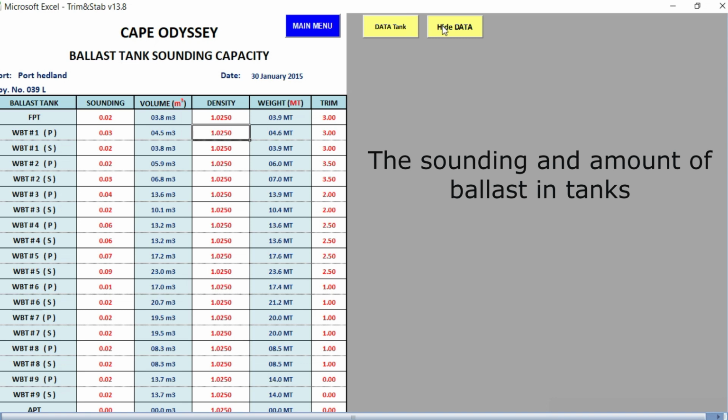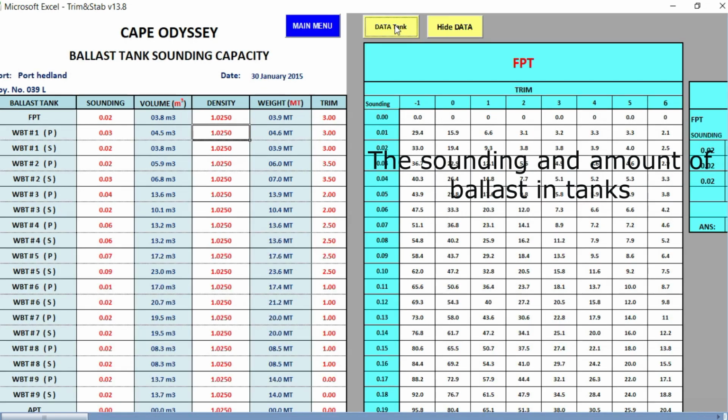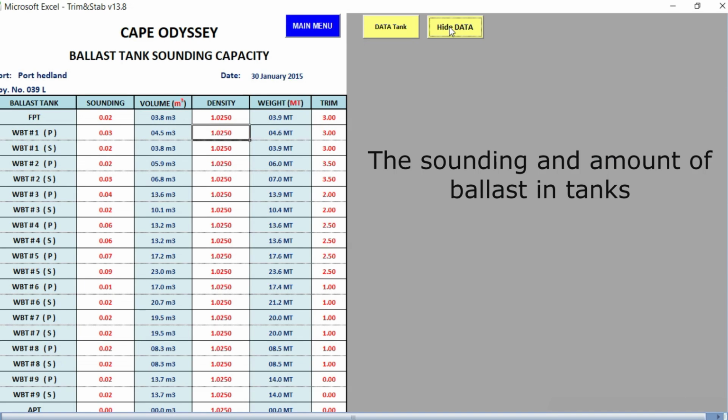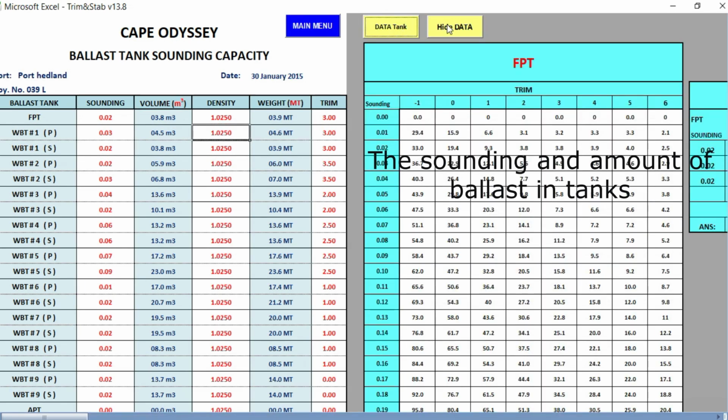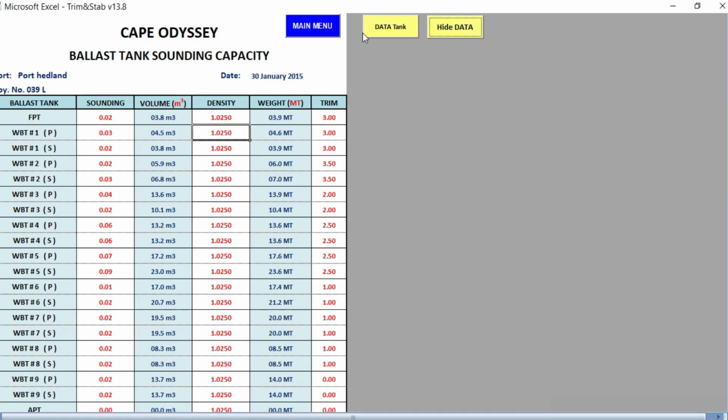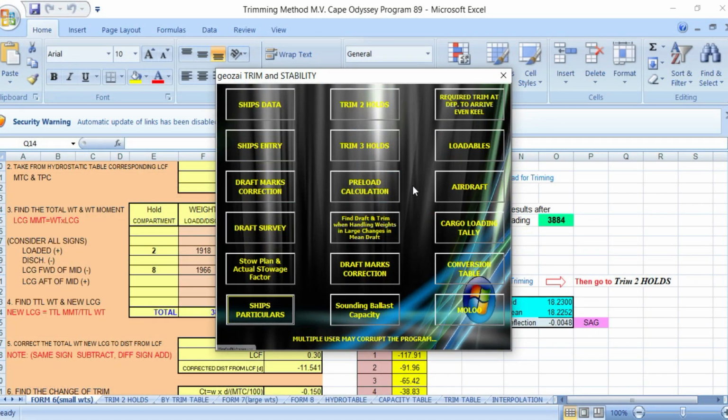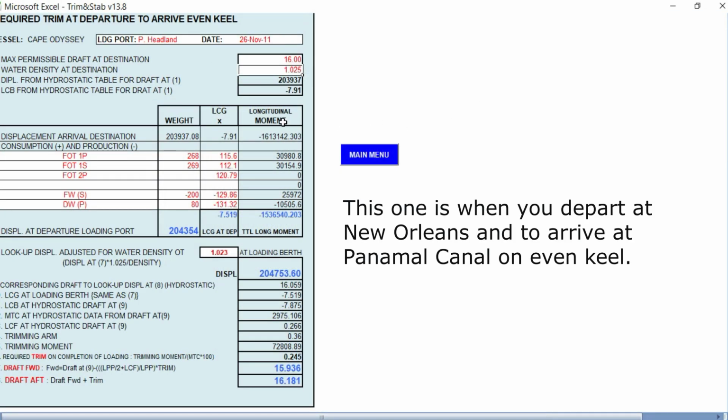So you can hide the tank, and you can hide the data. See? Get menu. I think this is